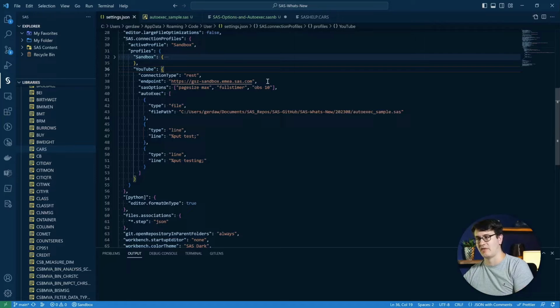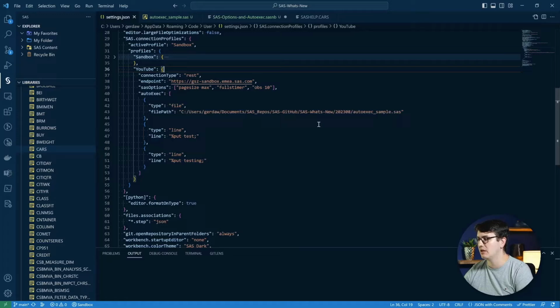On the AutoExec side, we also have an array, but in there, instead of strings, we have an object, or multiple objects in this case. We will be specifying first one of the type file, and there we can specify any SAS file on our local machine.